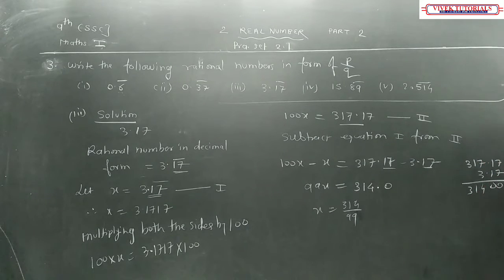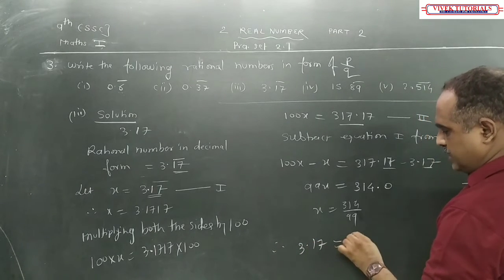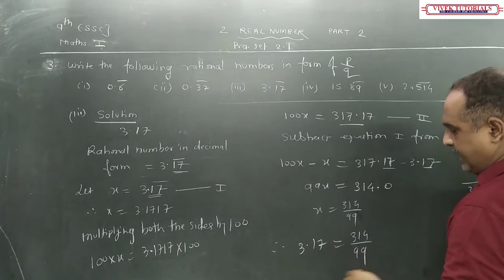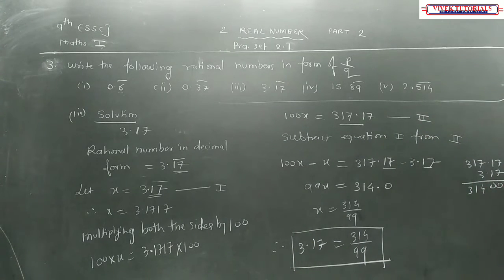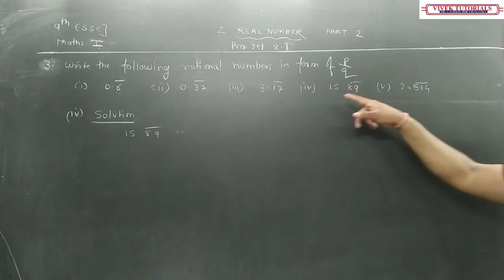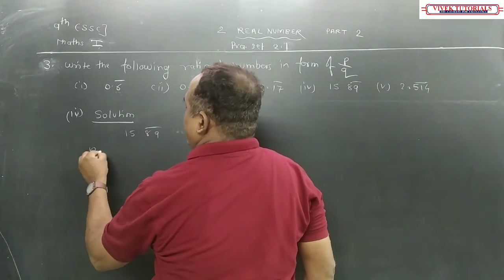Are there chances to cut? No. Therefore, 3.17 recurring is equal to 314 by 99 is the final answer for the question number 3. Please copy down properly. Now fourth question 15.89. So a rational number